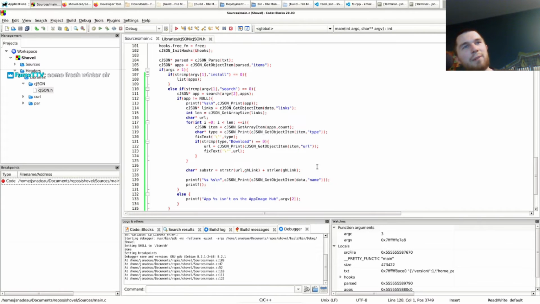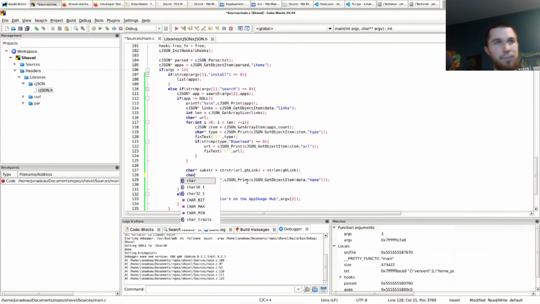Oh, so I need to replace that. Okay, I need to add 2 strings. So char. So it's gonna be